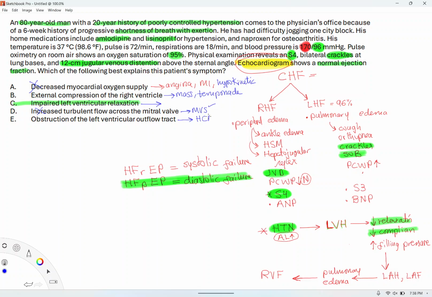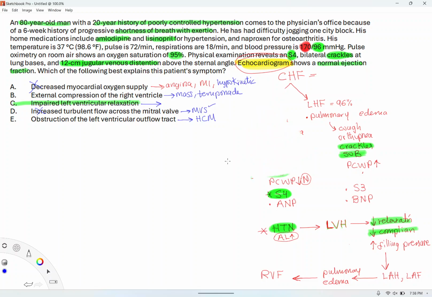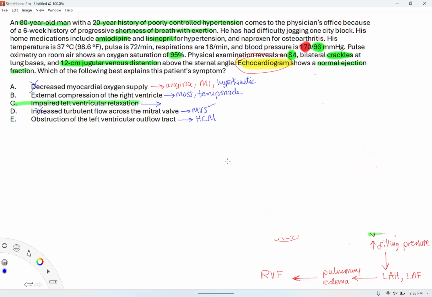So you guys know this, I will delete all of that. In hypertrophic cardiomyopathy, you would expect a systolic ejection murmur